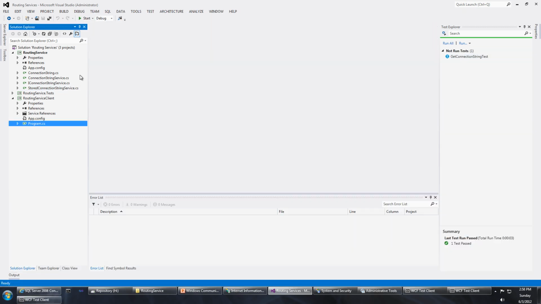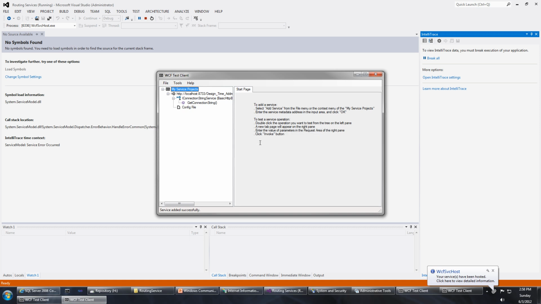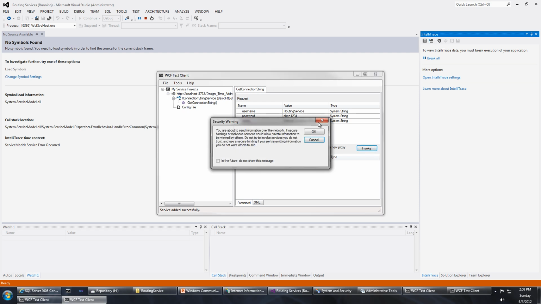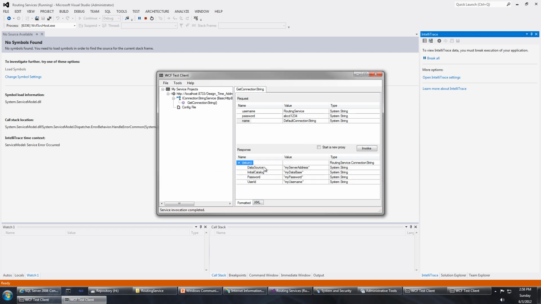so now what we can do is we can actually run our routing service in the WCF test client again, and we should actually get the correct return information back. So we should specify our username routing service, our password, which is ABCD1234, and our name, which was default connection string. And we hit invoke, and we get our return value of our connection string with my server address, my database,